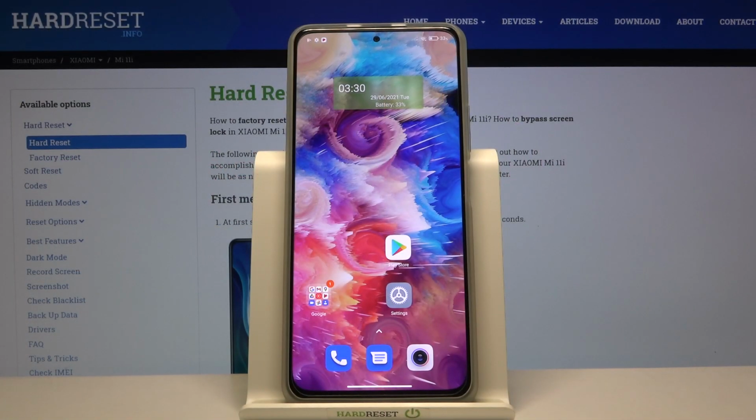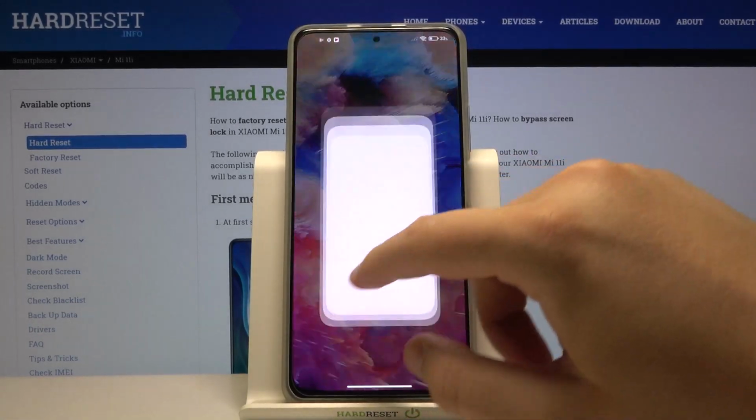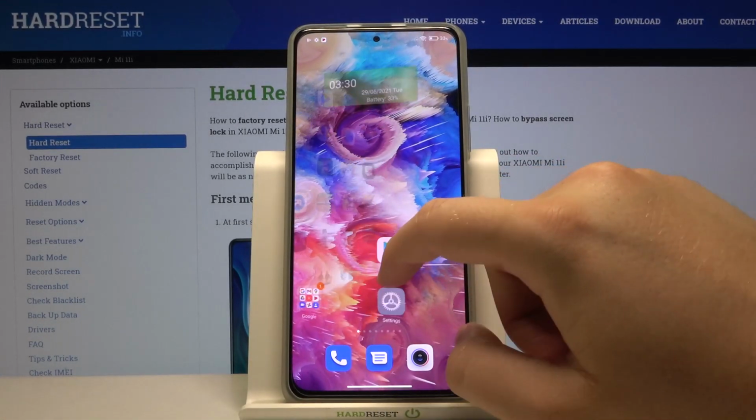Welcome, in front of me I have Xiaomi Mi 11i, and today I'll show you how you can change your scroll effects on the home screen. So as you can see, currently I get this scroll effect,